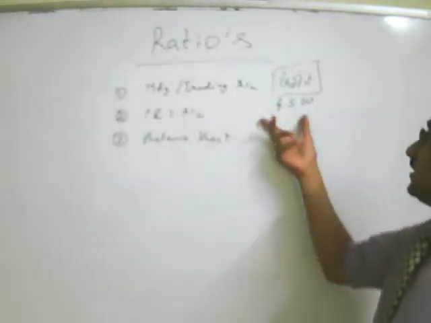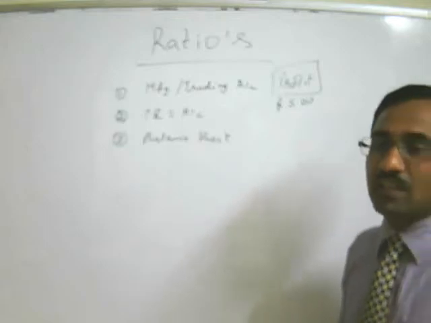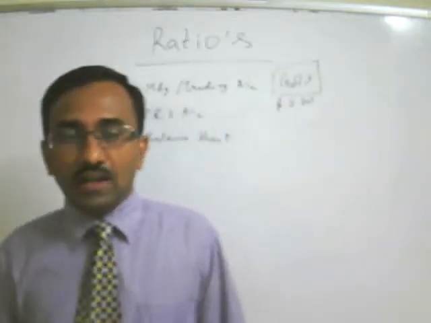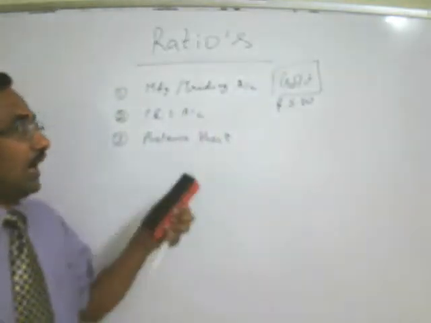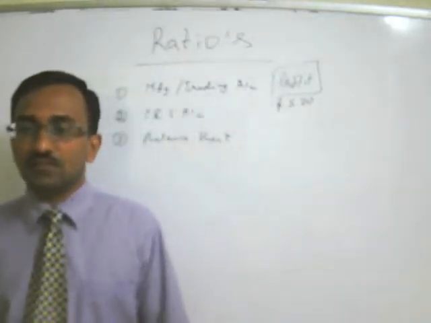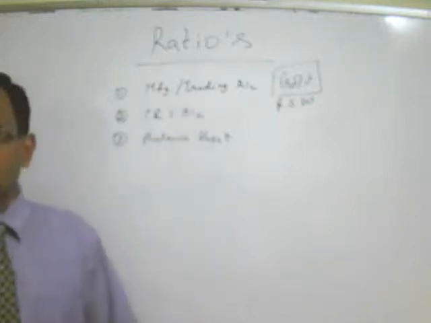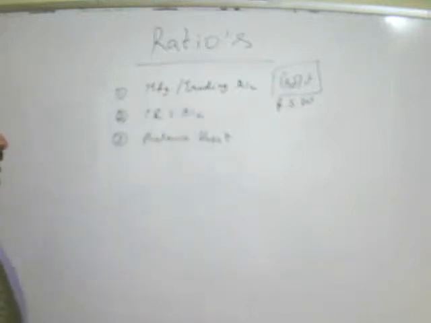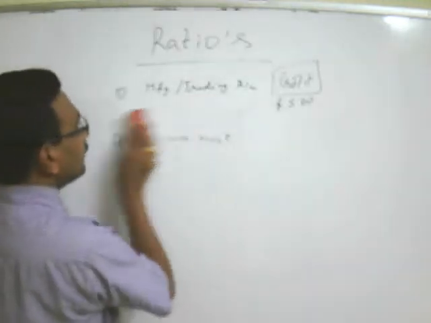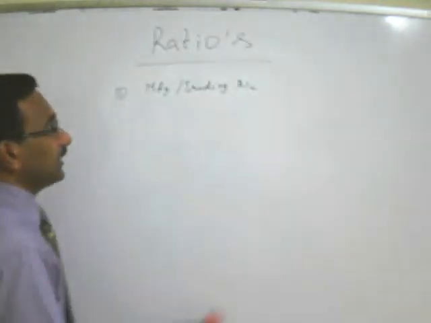So this standalone figure of 5 lakh rupees profit doesn't say anything, and therefore the ratios are there which make them speak, and therefore we should go ahead with different calculations of the ratio. So what we will do is, we will see first the ratio calculations as regards this manufacturing or trading account is